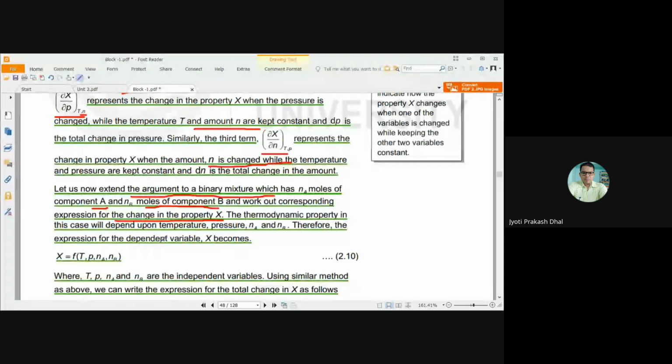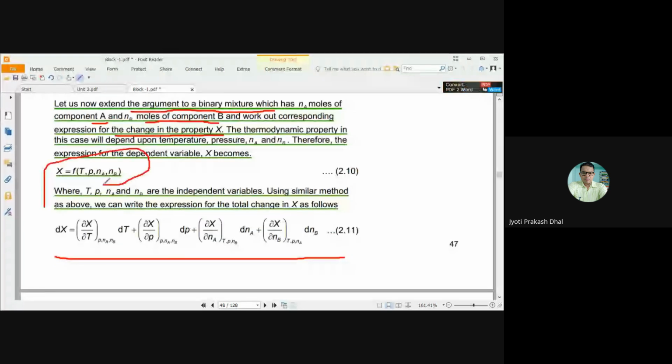So that is X equals a function of T, P, Na, and Nb. Now, if we take the differential form, then dX equals (∂X/∂T) dT at constant pressure, constant number of moles of A, and constant number of moles of B. And similarly, plus (∂X/∂P) dP at constant temperature, constant number of moles of A, constant number of moles of B,